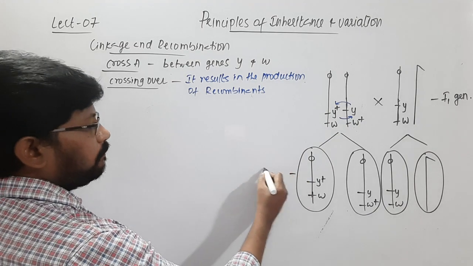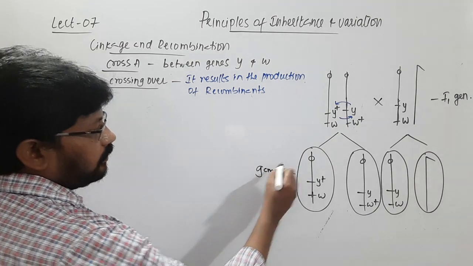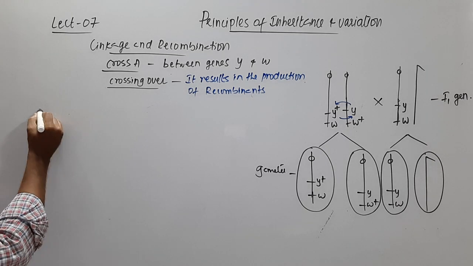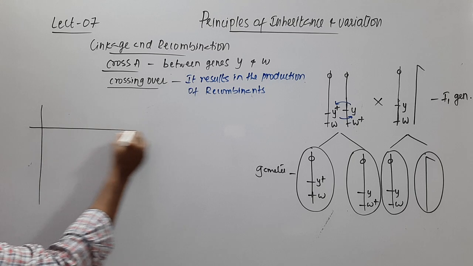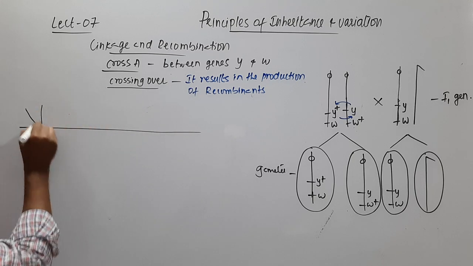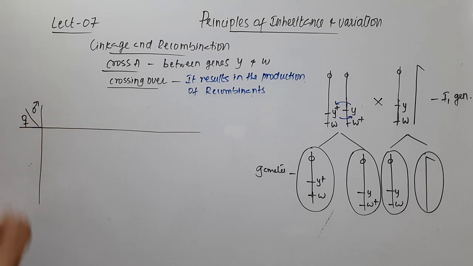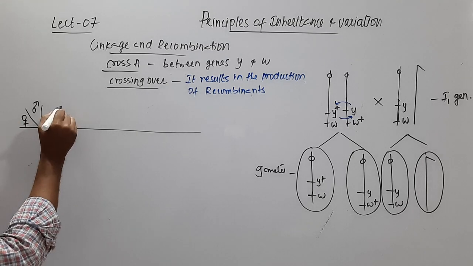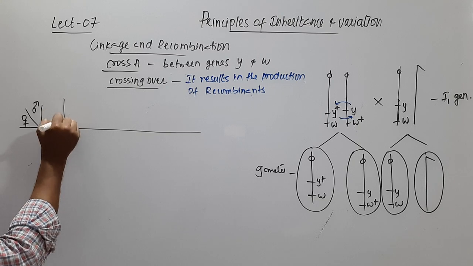Okay, so now I'm going to put them in the Punnett square. The male gametes and female gametes. Okay, so here the male gametes